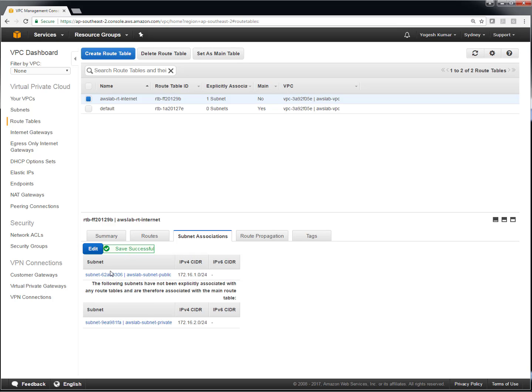Okay, you can see this particular route table is associated with the public subnet, not with the private one. That's good. So guys, what we have done till now: we created a VPC, then we created two subnets. Third, we created an internet gateway and attached it to the VPC. Then we created a custom route table and attached it to our public subnet, and we have added